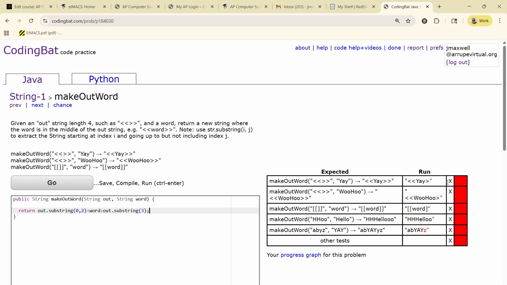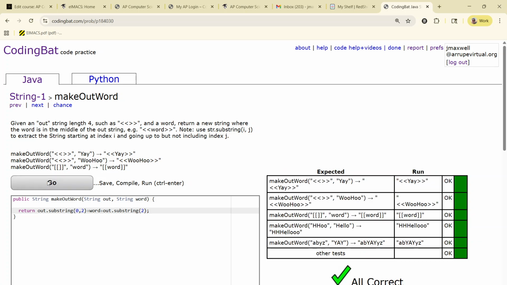Okay. No. Because I only got what? Starting at index 2. I only got one angle brace. So, my bad. All right now. So this features the use of the substring method to break apart strings in a way that